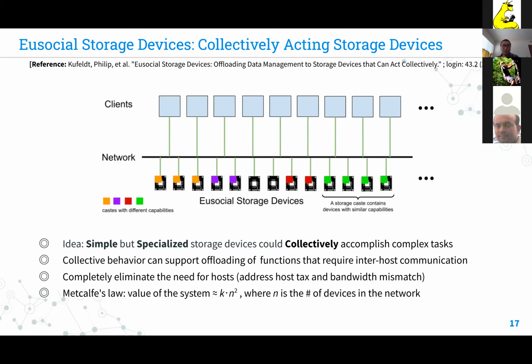And because the storage device has the computing capability, the storage capability, and now the peer-to-peer capability, it could be possible to eliminate the need for the host from the picture, and therefore effectively address the host latency and bandwidth mismatch problem caused by the faster storage media.